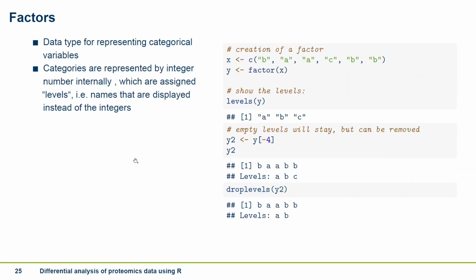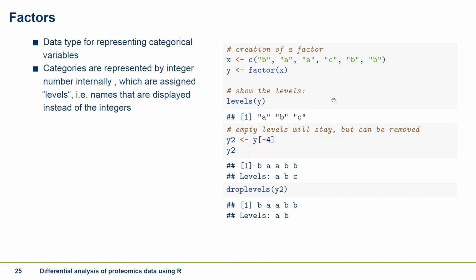So as I already indicated, ggplot2 uses factors. This is a data type for representing categorical variables. So internally, these categories are represented by integer values, but they are assigned to levels, so names that are displayed instead of these integers. For example, here you have just a vector of characters B, A, and C, and then you transform it into the factor with the factor function, and then you can see, for example, levels of Y,